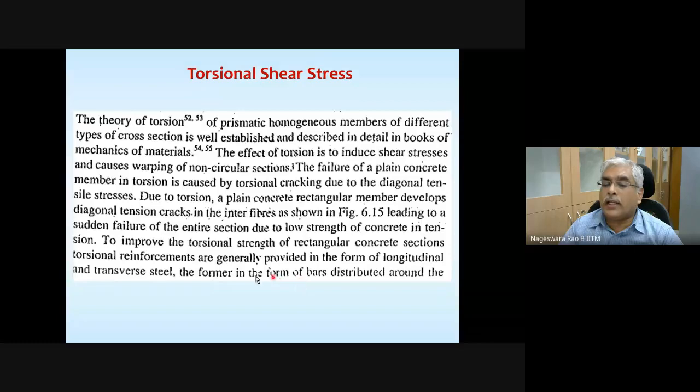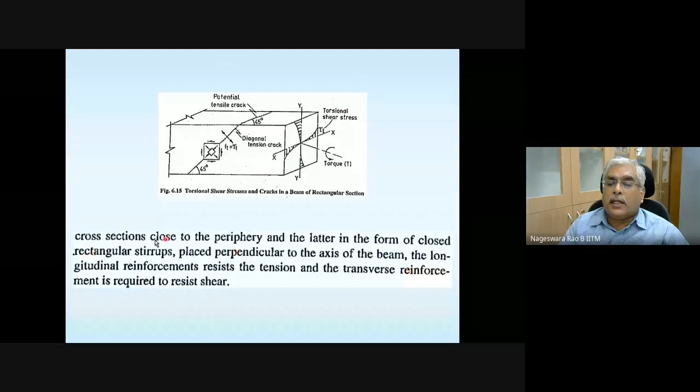The former is in the form of bars distributed along the periphery of the cross section, close to the periphery, and the transverse reinforcement is in the form of closed rectangular stirrups placed perpendicular to the axis of the beam. Longitudinal reinforcement resists the tension, and transverse reinforcement is required to resist the shear.